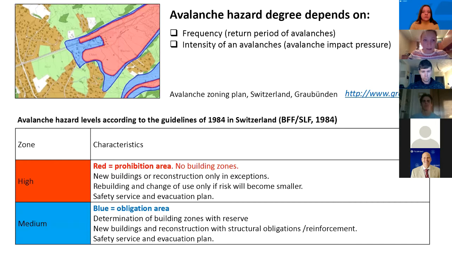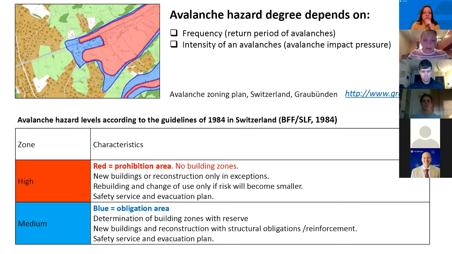For example, here you can see an example of the avalanche hazard zoning plan made for Switzerland, Graubünden canton, where avalanche hazard degree depends on frequency or return period of avalanches and intensity, avalanche impact pressures. And we can see here two zones, red zone, where construction of new buildings or reconstruction of old ones is